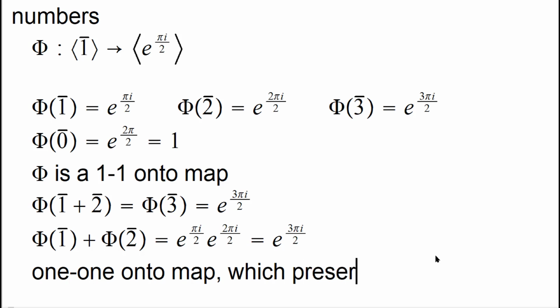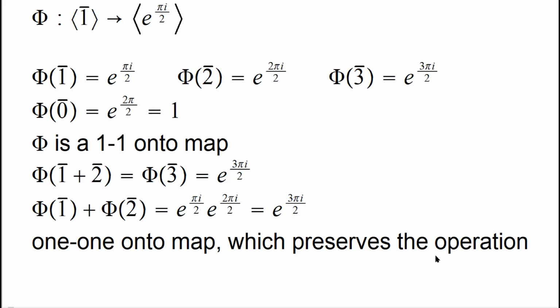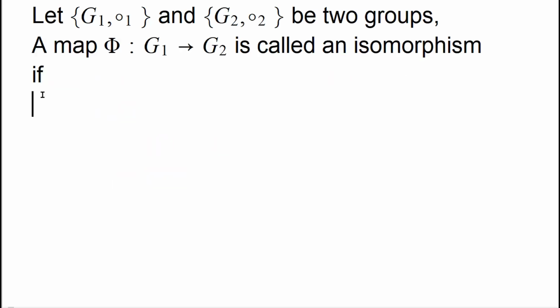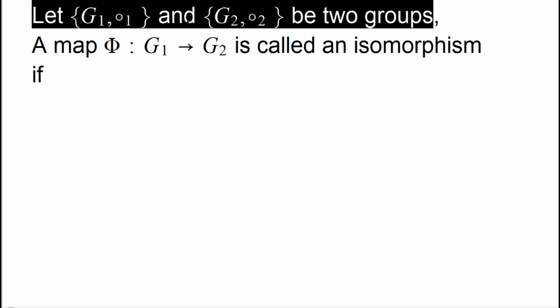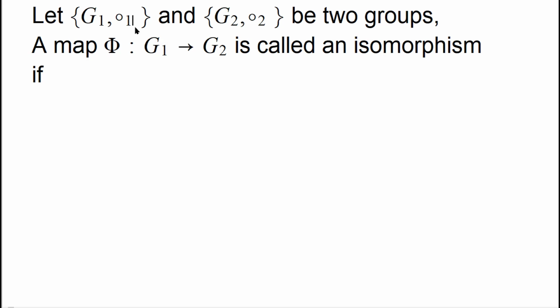Okay, so we got a 1-1 onto map which preserves the operation, or respects the operation, or you can say it in many ways. And if we write it symbolically, what we have is this. So now in general terms, if we have two groups, G1 and G2, and the binary operation in the first group we are calling O1, and that in the second group is O2,